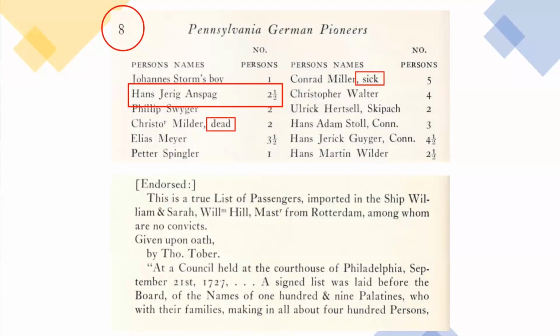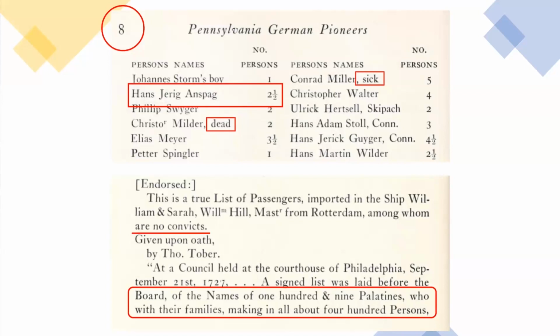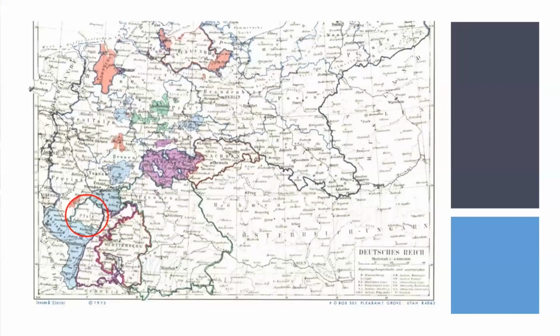At the bottom of this page, it states that there were 109 families from the Palatinate out of a total of 400 people. Note 2, it shows none of the passengers were convicts. There were known instances where cities, to rid themselves of criminals, would pay for their passage and ship them to America. That was sometimes true with the people on welfare. The Palatinate area that these people were from is found in the southwest part of Germany, as shown here circled